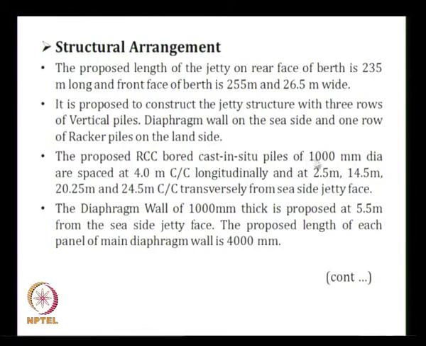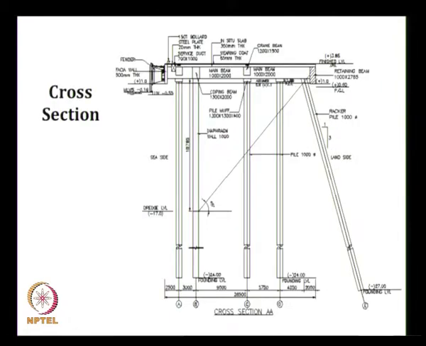The piles are diameter 1 meter. The decision of the diameter of the pile is basically from the dredge level to the top level, it is about 20 meters. If this is 20 meters unsupported length, divided by 20 normally gives what should be the diameter of the pile. I want to decide the diameter of the pile. Diameter of the pile is unsupported length divided by 20. This is a thumb rule, you start with some values.